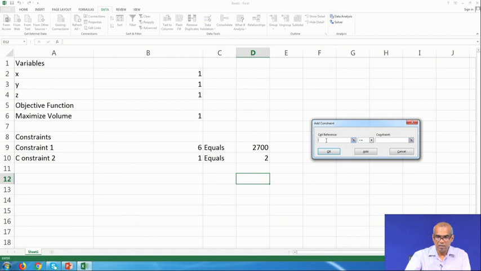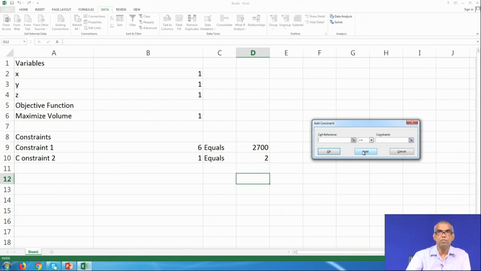So, here you give the cell reference that contains constraint 1. From the drop down menu you take equal to and then from the other side, the right hand side of the constraint 1 which is 2700 which is under D9. So, click that. So, now click on add.